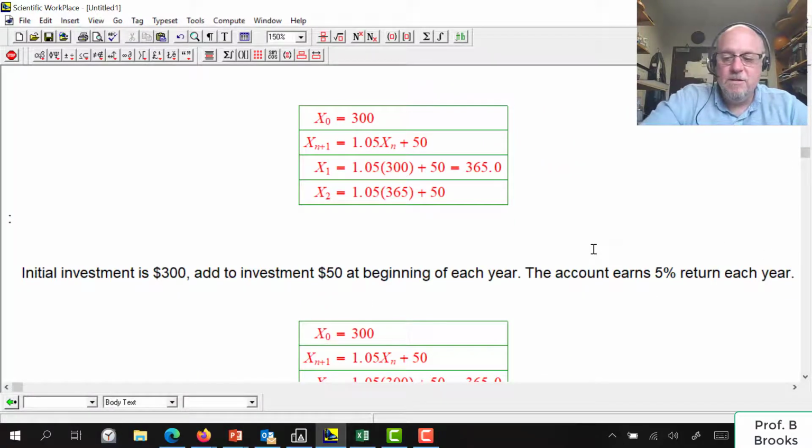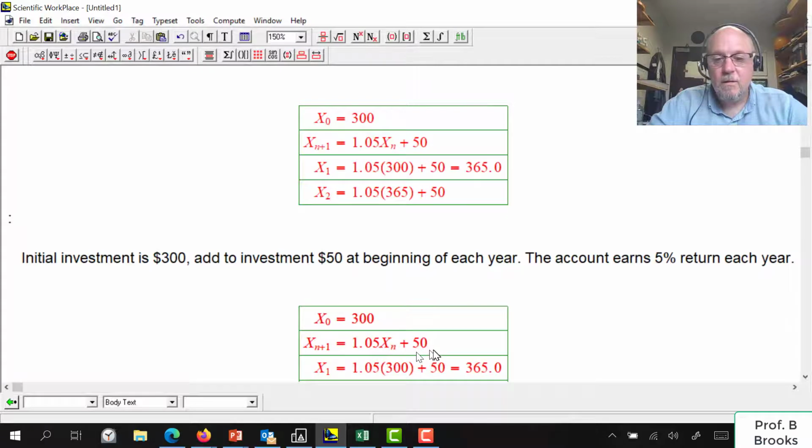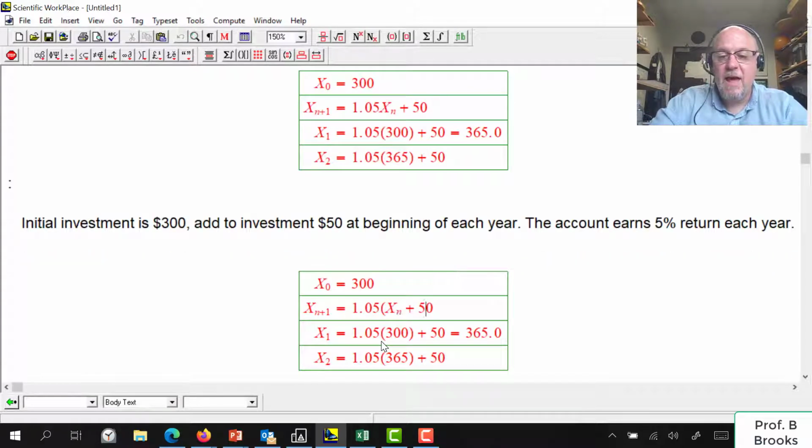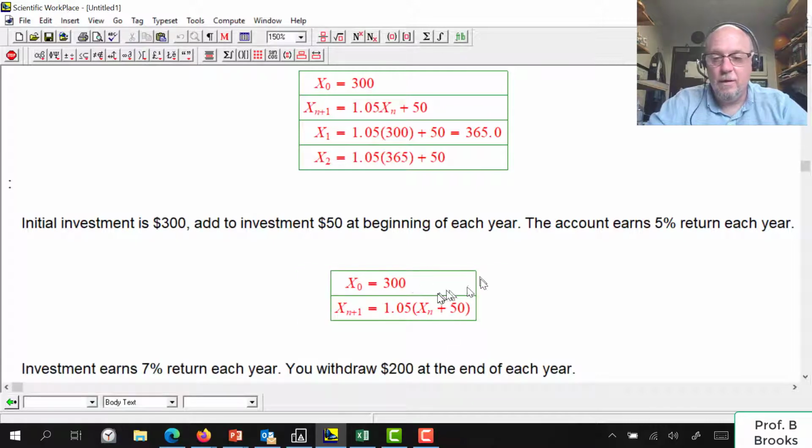But the difference is that the first thing that happens to my money is I add the $50 and then I get the 5% interest. So here I get the interest and then add the $50. This second example, I add the $50 and then get the interest. Now, this second example is going to be better for me because that $50 earns interest earlier than in the first example. If I were to expand this out, so I were to clean this up,